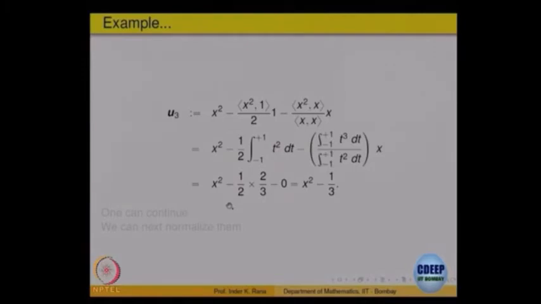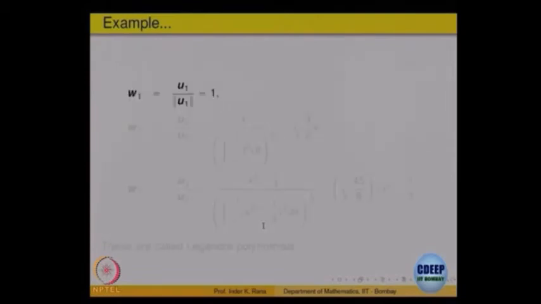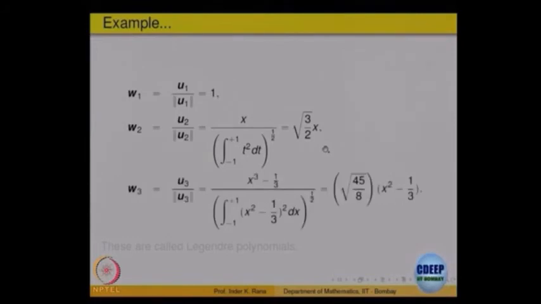more examples, more integrals to be computed. But these are not orthonormal, we have to orthonormalize them, they are orthogonal only. So, you can divide by the norm, normalize them. So, w1 will be u1 by this norm, so that is equal to this, u2 by the norm of that, so that is square root 3 by 2, and similarly u3 is equal to this, just dividing by the integral of mod square, normalize these w.